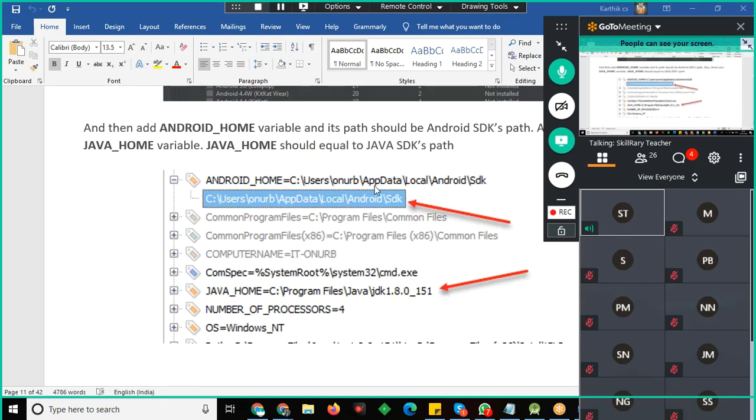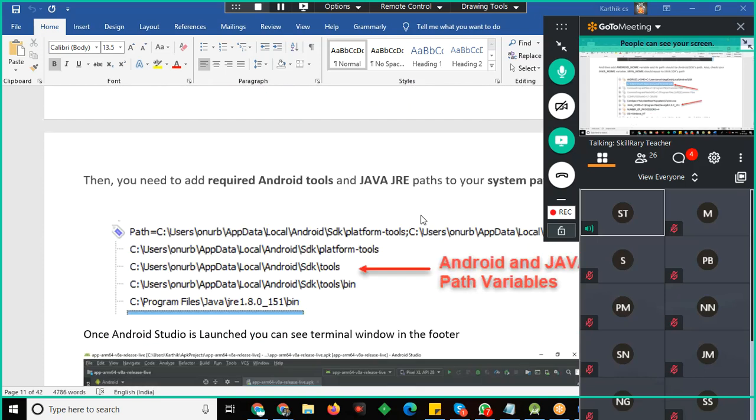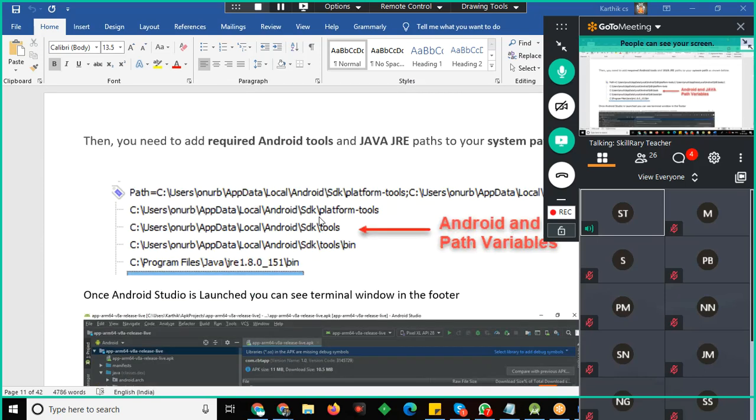See, this is the Android Home. You need to set the Android Home path. Then you need to set the following paths: platform tools and tools. Java, I repeat, you need to set the path of Java under the path folder.